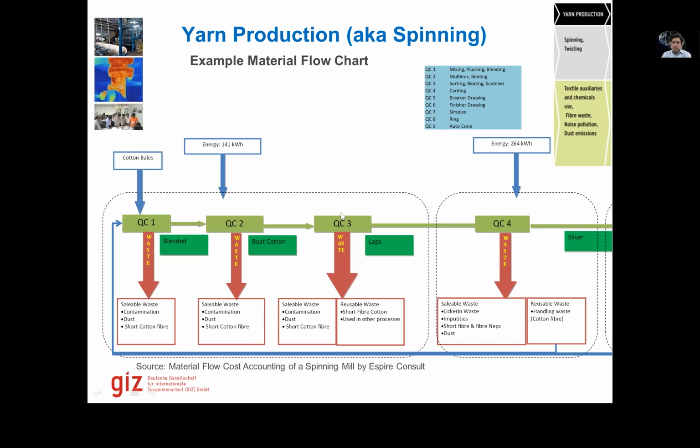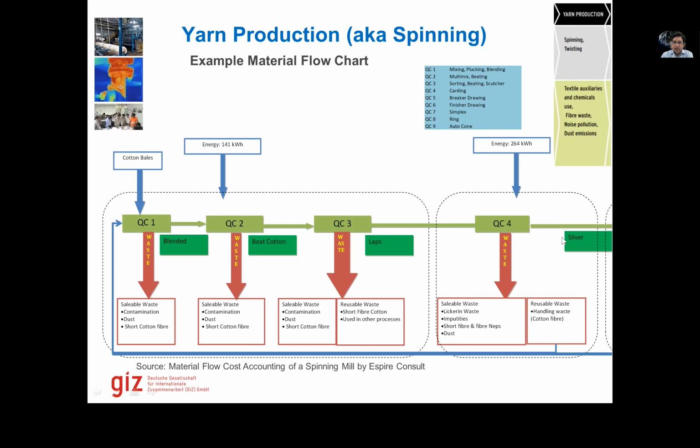And in all these processes, we also have fluff filters. These filters take air from the machine, exhaust the air, and then there are jute bags or cotton bags used as filters where we can collect the waste. For example, if there is lint, short fiber, fiber naps, or dust or impurities that come out of this process. And then some reusable waste also comes out of here. That is some cotton fiber that comes out from this process.